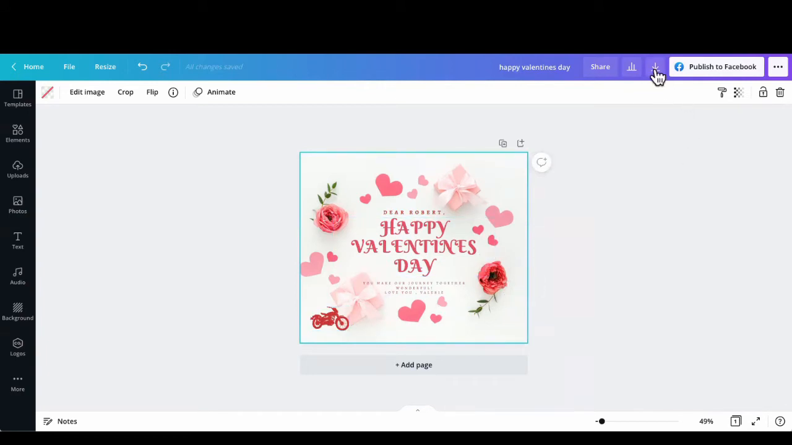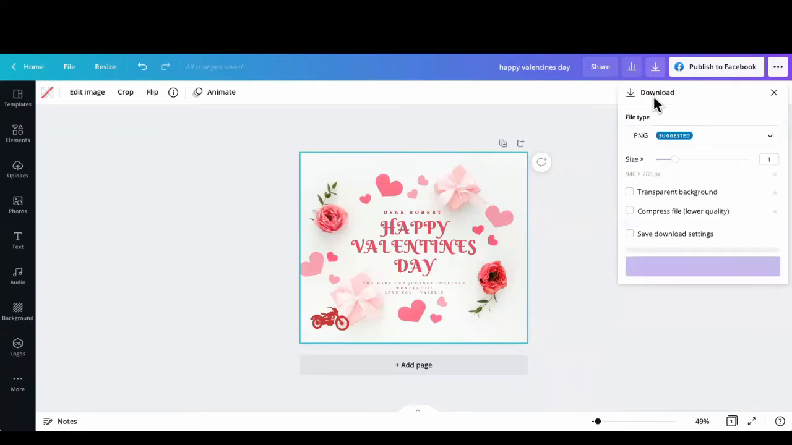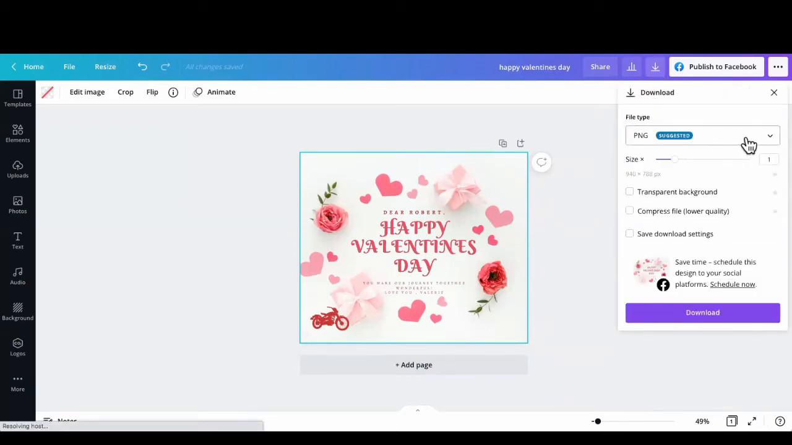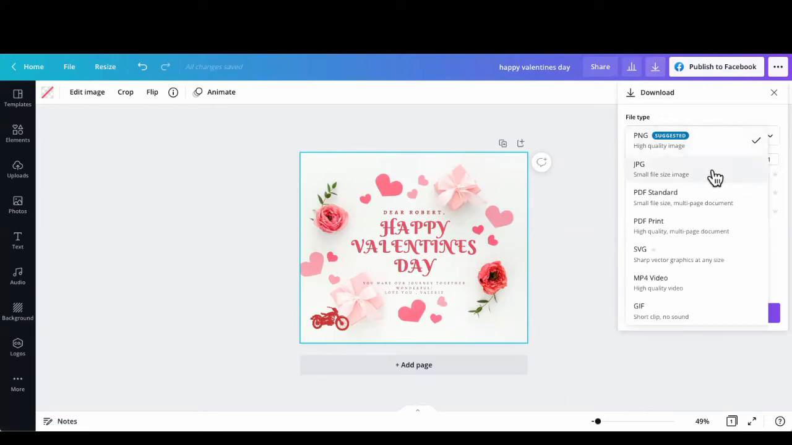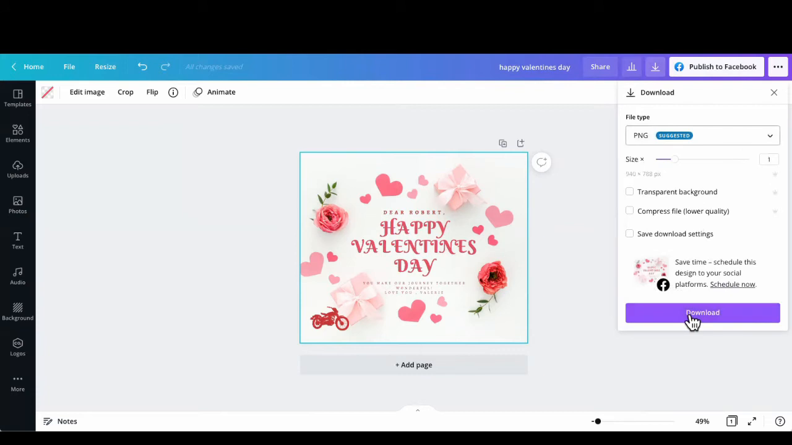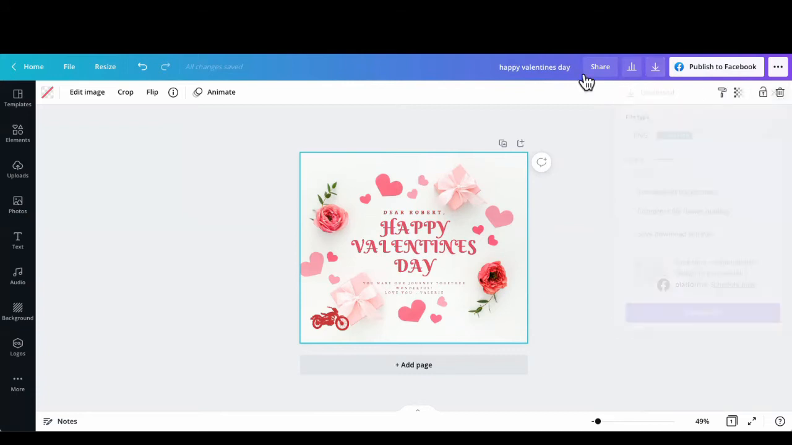So I will go up to the top right, and the down arrow button is a download. I've chosen PNG. It's a high quality image that I'll print, but you could do a smaller file if you're going to share it. So that, and then you just download. So it's very easy. We're going to go back home